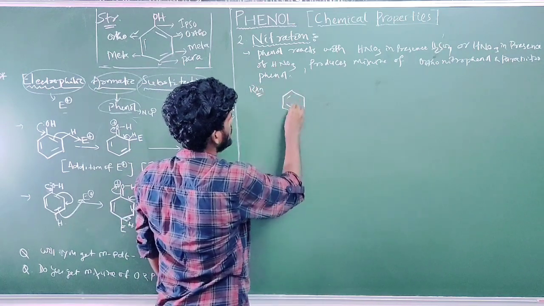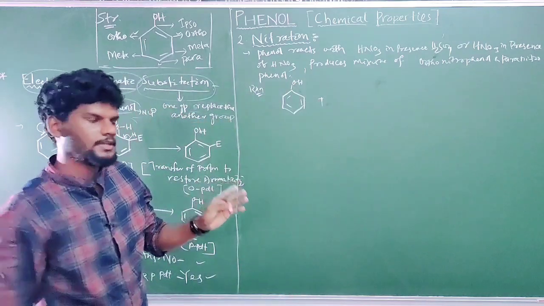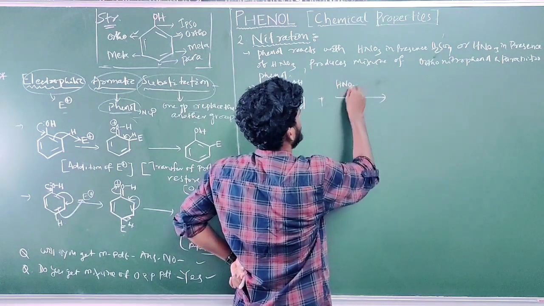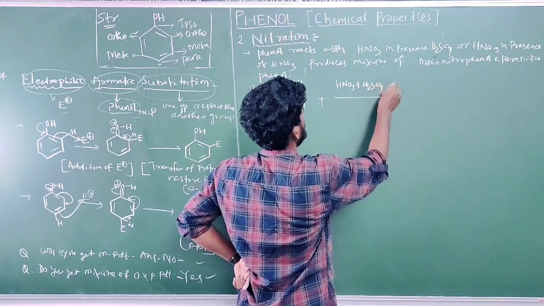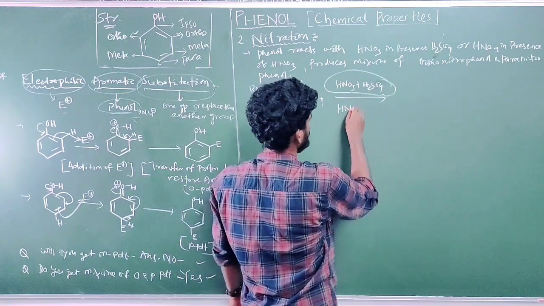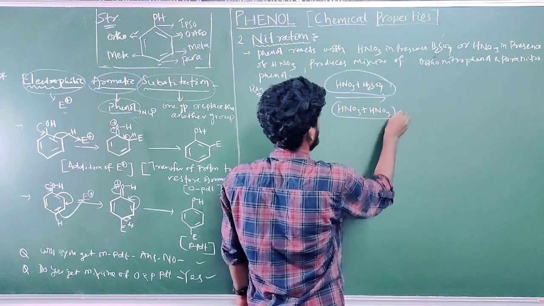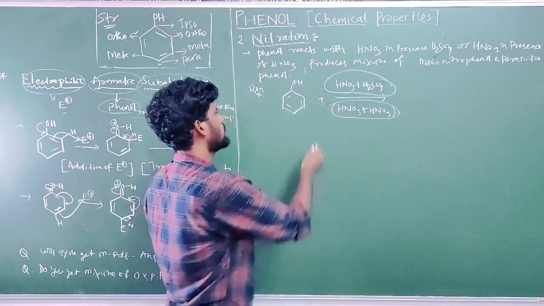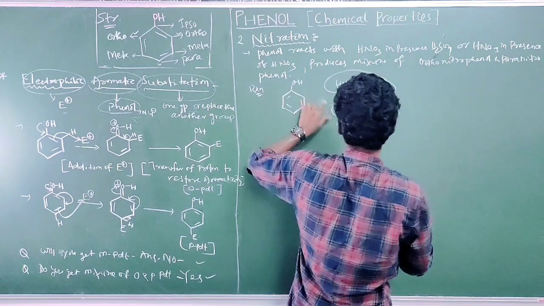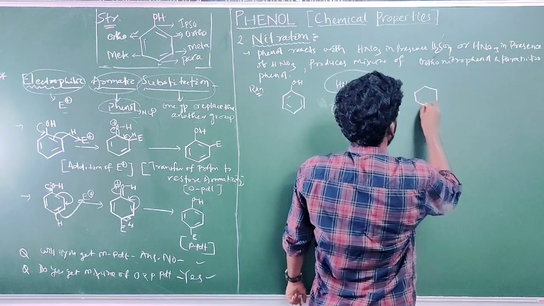This is the phenol ring. You can use either HNO3 in presence of sulfuric acid, or HNO3 in presence of HNO3. Concentrated HNO3 you can take, dilute HNO3 you can take also. Either you can take this one or this one. The electrophile will be created from these reagents: the electrophile is nitronium ion, NO2